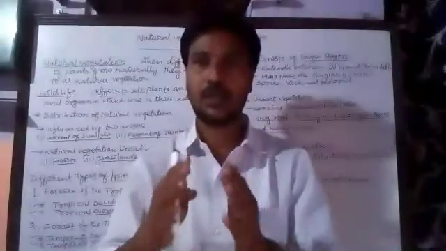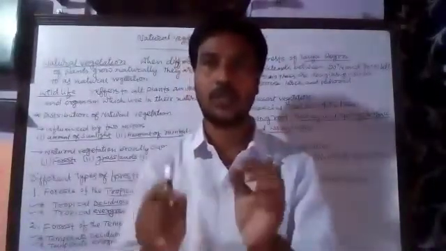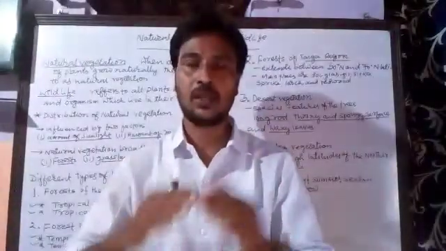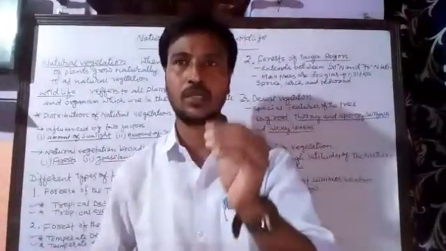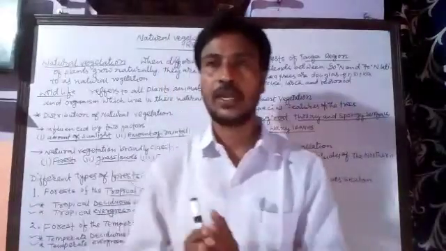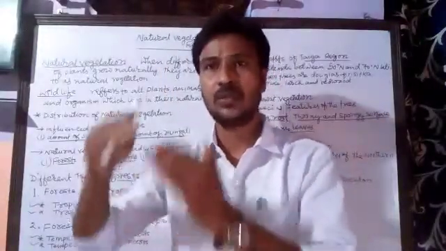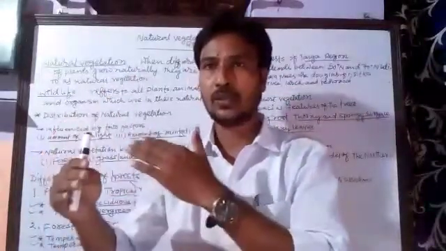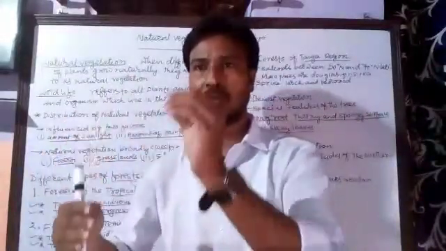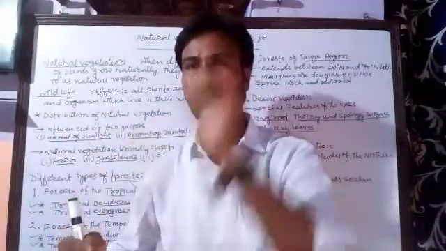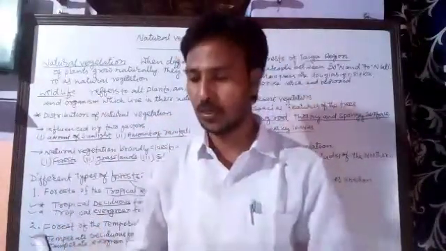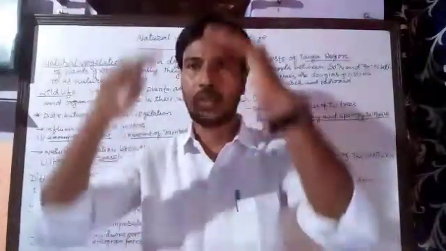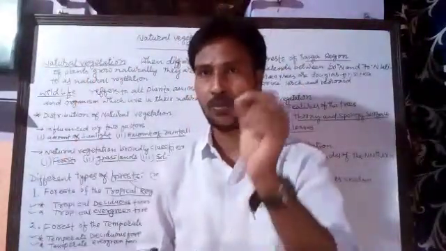Okay, and taiga is a Russian word which means untouched or pure. So taiga comes from a Russian word, that is untouched or pure. That means these forests are found in the high altitude, in the hilly regions, between 50 degree north to 70 degree north, and therefore they are found in the high altitudes,